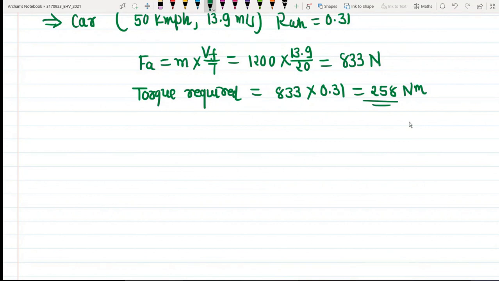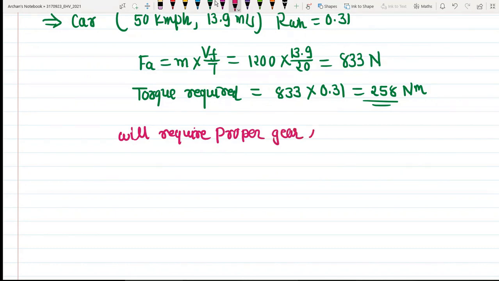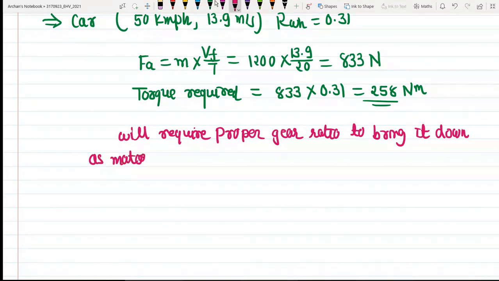Okay, so this particular application will require a proper gear ratio to bring it down as the motor